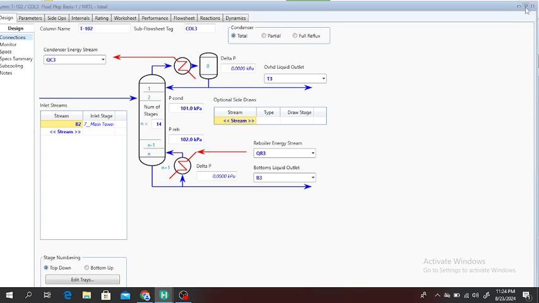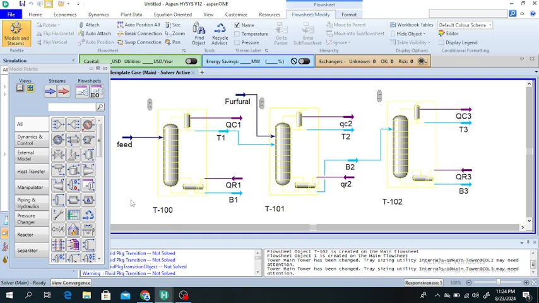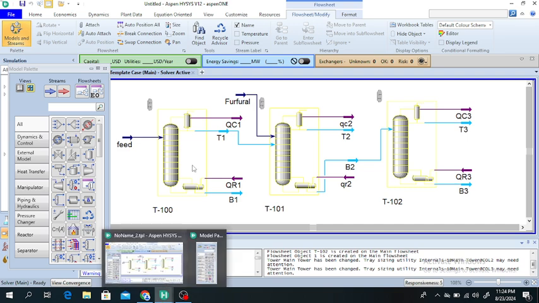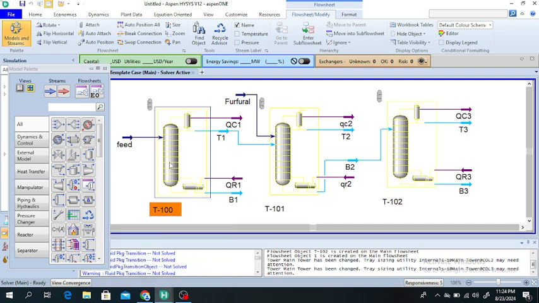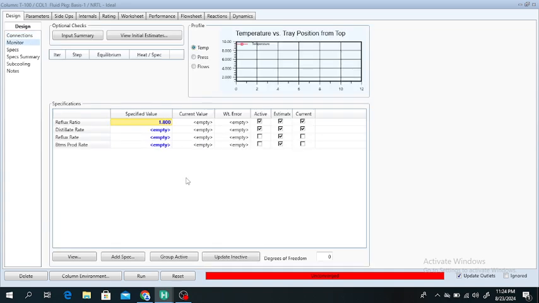Okay, it is also unconverged, so we will close this one. And here you can see, if you double click on distillation column number 1, it shows some problem, the convergence problem. So here we will go to the monitor, and here you will see the degree of freedom is 0, but